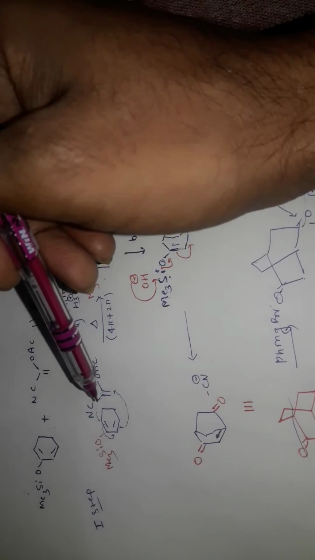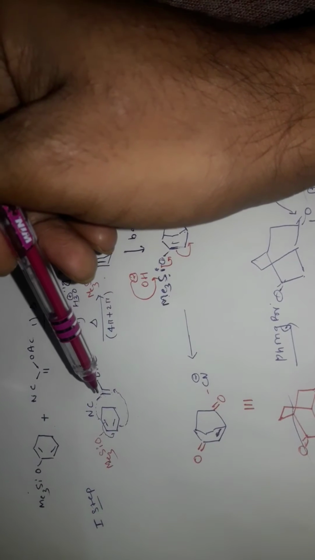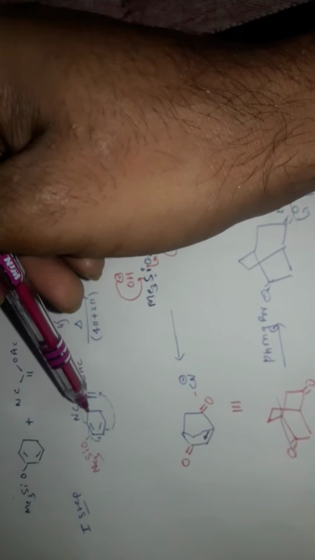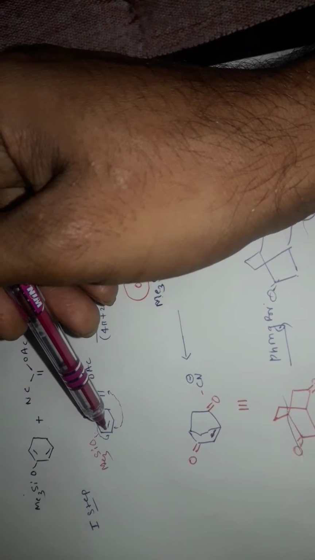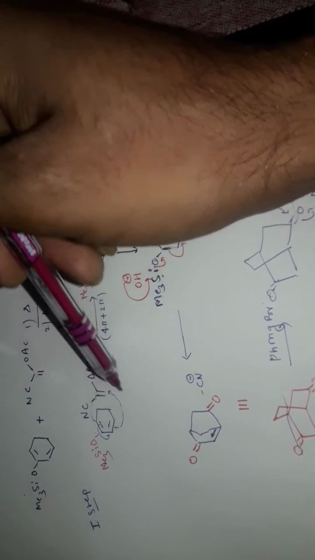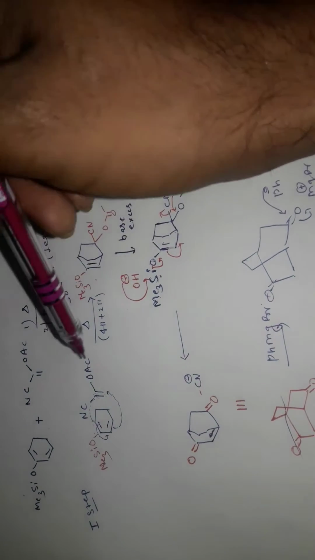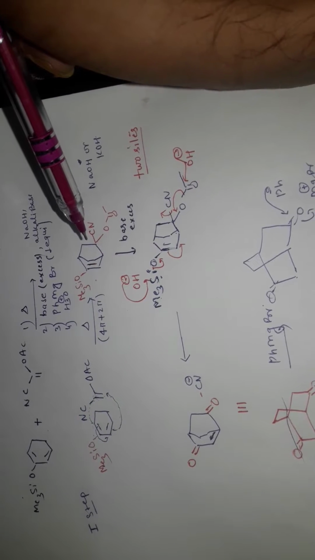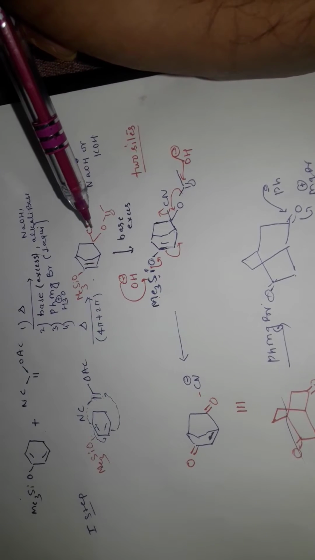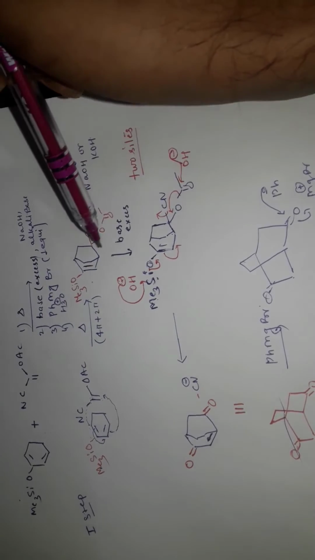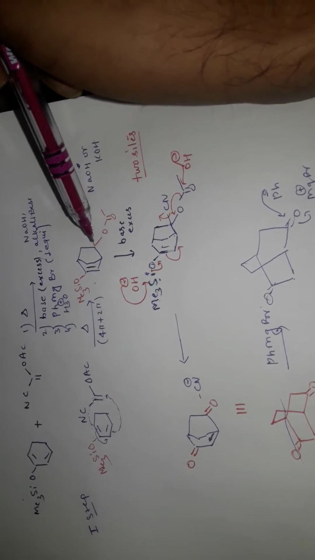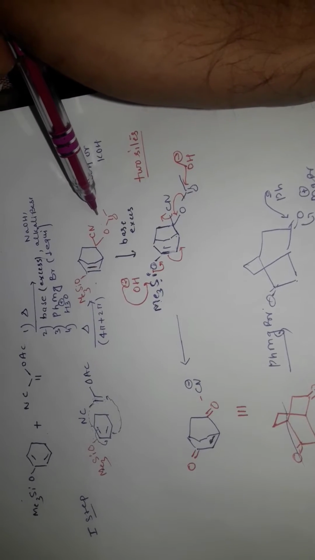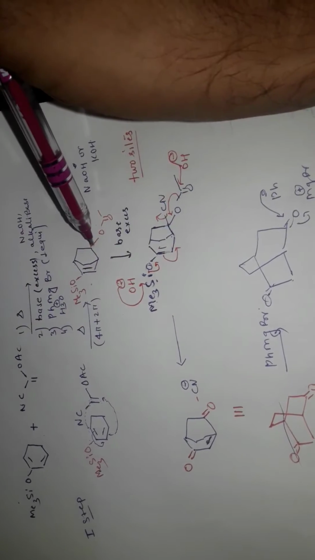And after that, if you see the migration of this carbon, it attacks on this, and a new double bond will be formed here, and this double bond will shift here. Okay, so by this strategy, this new double bond has been formed in this reaction medium, and the other group, same as it is here, has been attached at this site. Okay, so the first step is completed here.